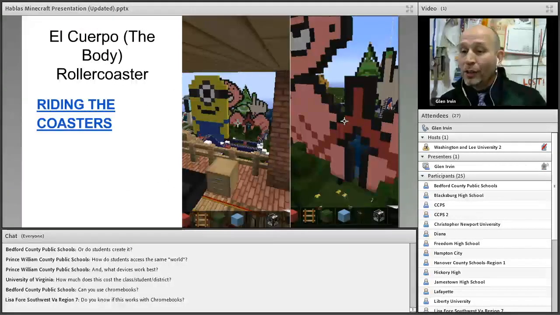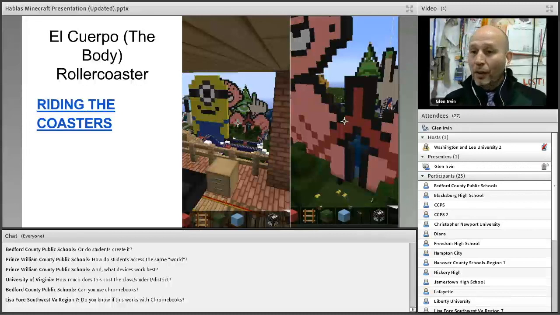One of the other types of activities that we had the students working on, we learned about el cuerpo, the body, and we learned about things that hurt, going to the doctor. Me duele el brazo, me duele la pierna, whatever it might be, la cabeza. So they learn these different body parts, and instead of having them do a poster or a big life-size poster, and they label those kinds of things, one of my students was telling me about creating roller coasters inside of Minecraft. So I was like, well, why don't you create some body roller coasters, el cuerpo roller coasters,